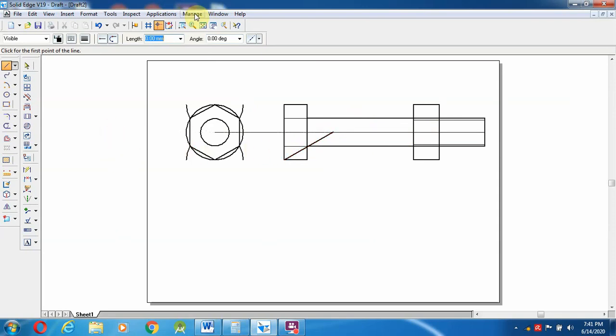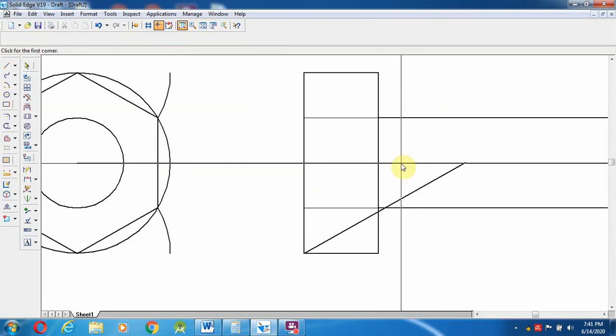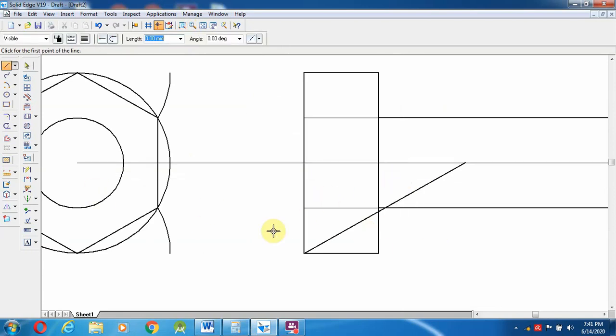After that I am going to zoom in for particular things first. In this line's middle, from here to here, the middle line, I make a straight line, stopping wherever it cuts the same 30-degree line, and use the trim option. This is the line I am going to trim.